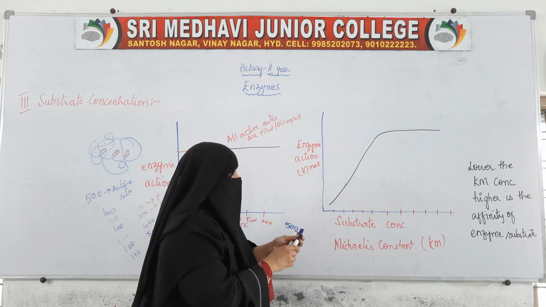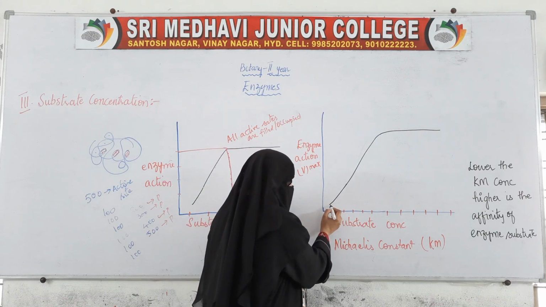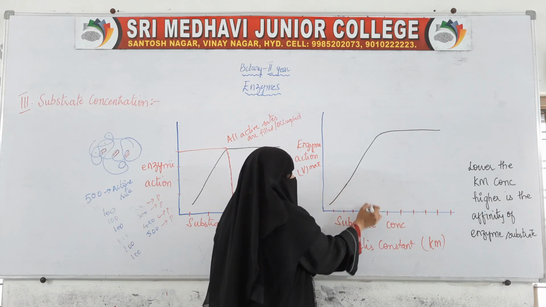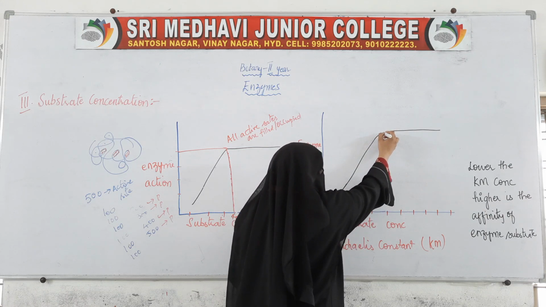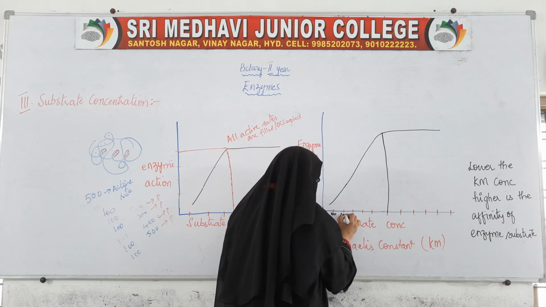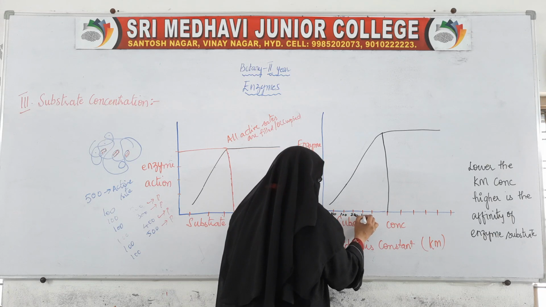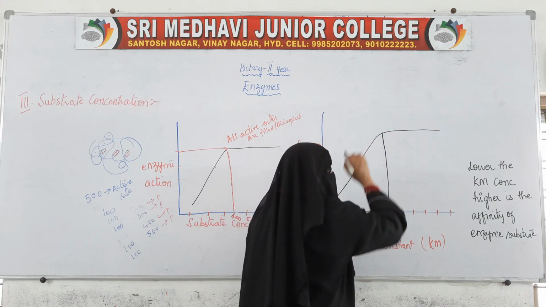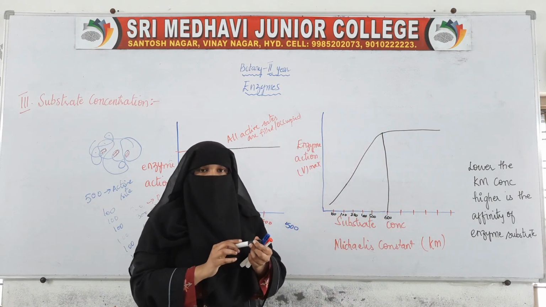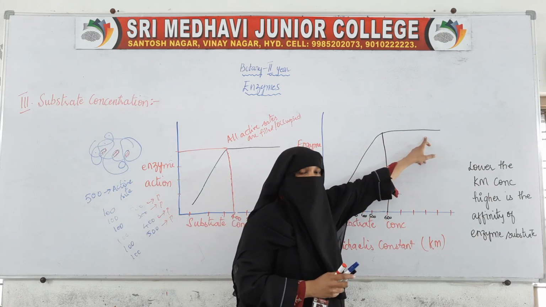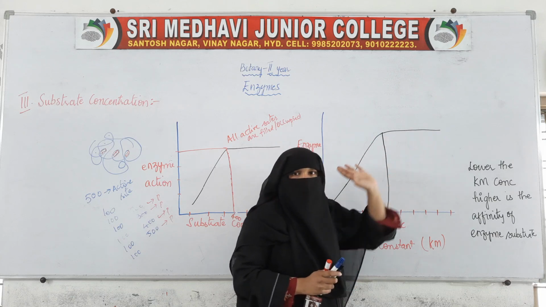Okay. So first, with the increase in concentration, the productivity is increasing. So when it reached here, it reached maximum. At what? 100, 200, 300, 400, 500, 600. At 600 it reached the maximum productivity. Afterwards, even if you add more, there won't be any further increase. The productivity will be stable.